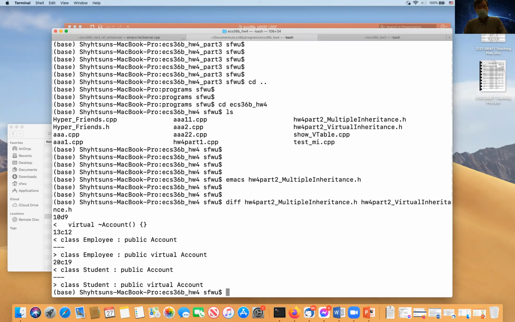I have a virtual destructor, but other than that, they are basically the same. It's just virtual or non-virtual. I think the first one was probably a minor thing I did during one of the earlier lectures. Okay, so those 2 files.